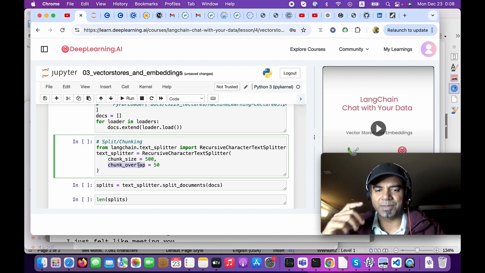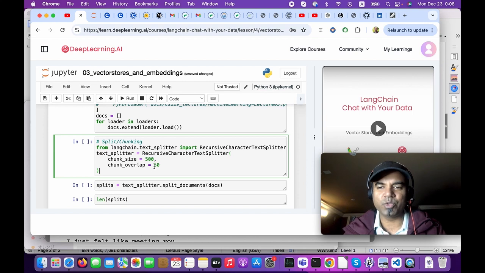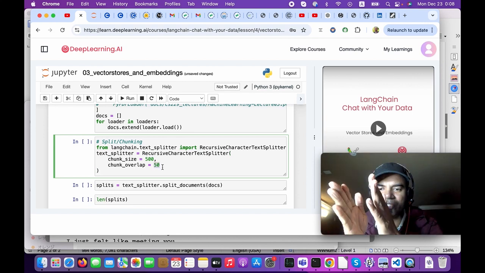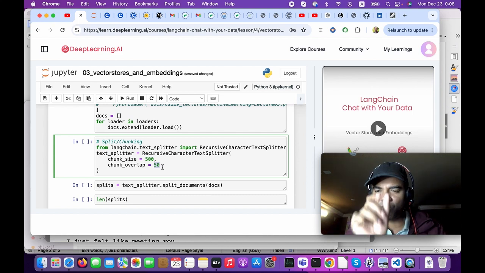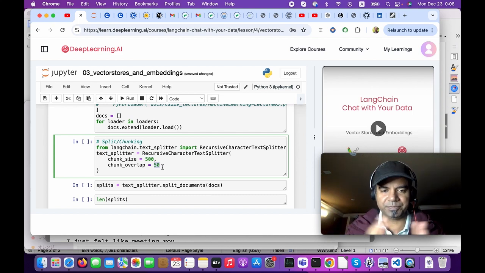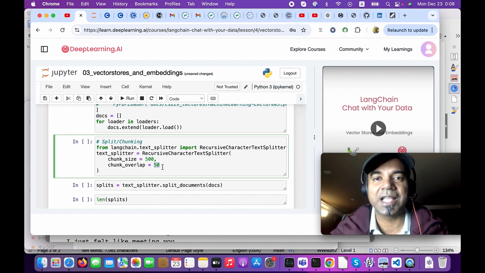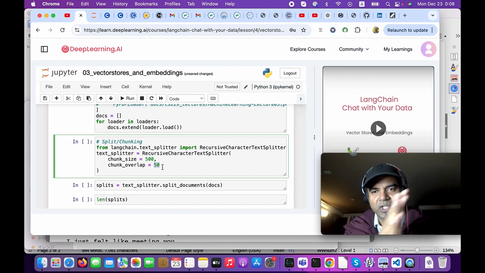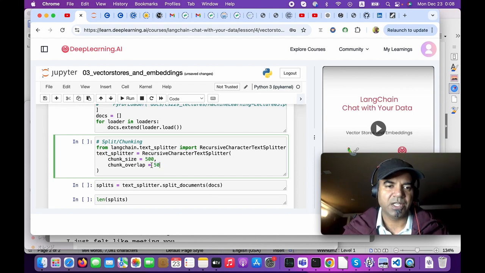To improve the semantic completeness of the chunks, we use some overlap. Once we start a chunk and then start the next chunk, we try to ensure there is some overlapping in between, so that there is a higher chance of more information being present, and the cohesiveness between chunks is intact. So here we will use chunk size 500 and chunk overlap as 50 words, and then using